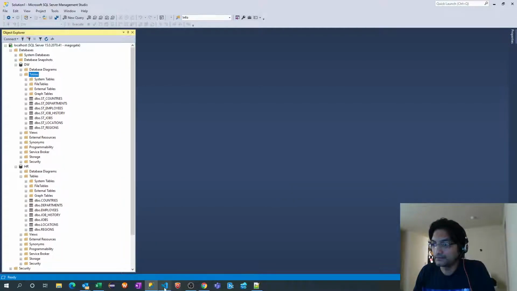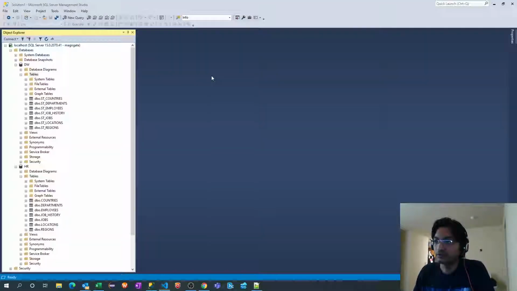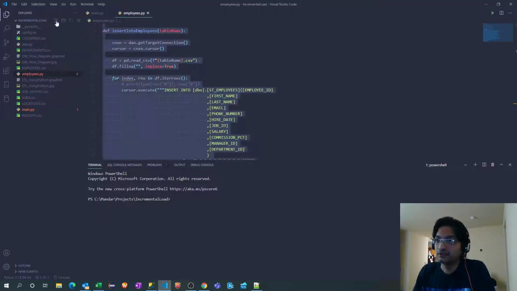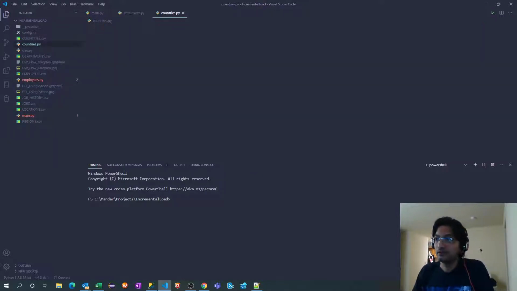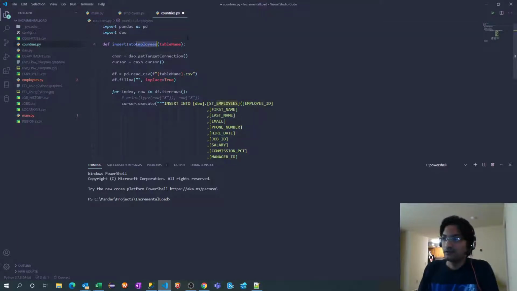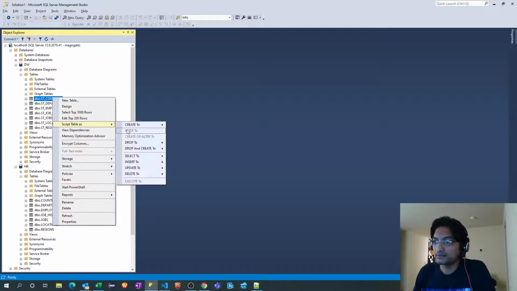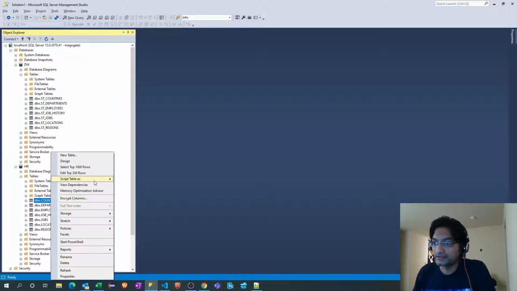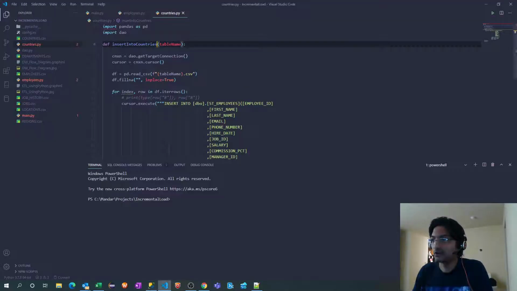Let me copy this entire code. The very first table we'll create is countries, so let's create countries.py and paste that code. I will rename this to insert into countries. Let me get the select statement from here and copy these columns.